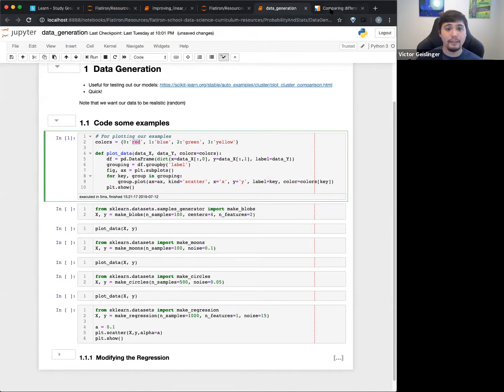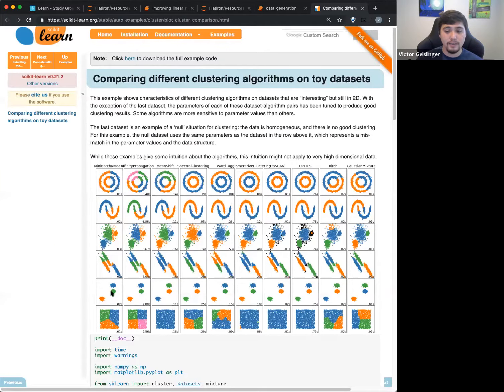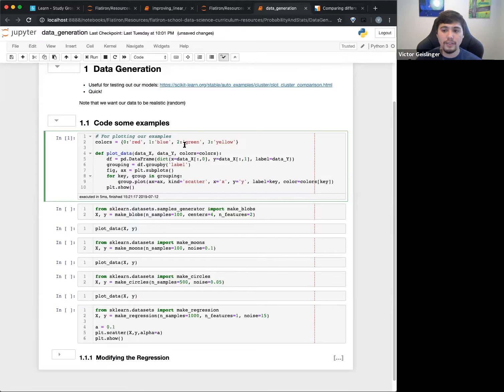Just like how we have, essentially, you can imagine this group being one, this group being another one, and we're coloring it so that we can more easily detect what those groups are supposed to look like. So I have these different colors, and I make this function, which again comes from the curriculum. Basically I'll take in data X, data Y, which I'll generate, okay? And I'm just gonna color it. So this just allows us to check out